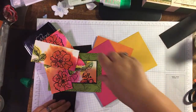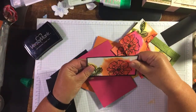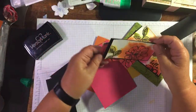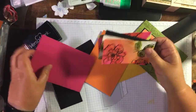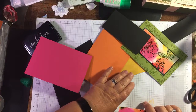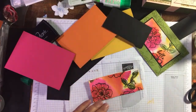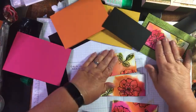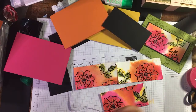Right, and I have already cut black border panels. I need to do the sentiment on each of these, and I'm just going to squeeze it into a space here so that they're really quite simple cards. So quickly we can do the embossing here. So I've got 3 to emboss, and if you're doing a batch of cards, you just get them ready. And I'm going to put my,